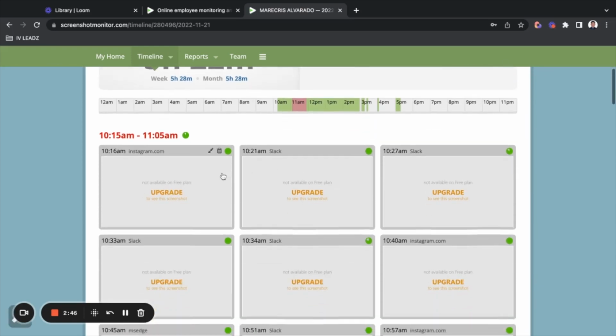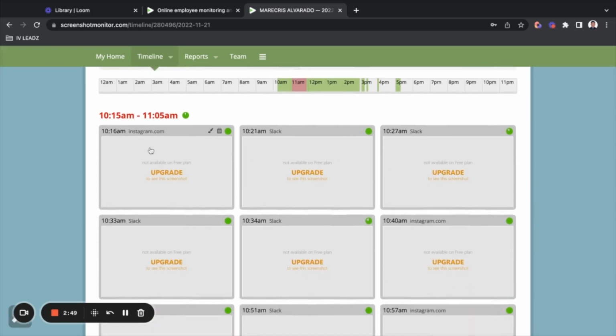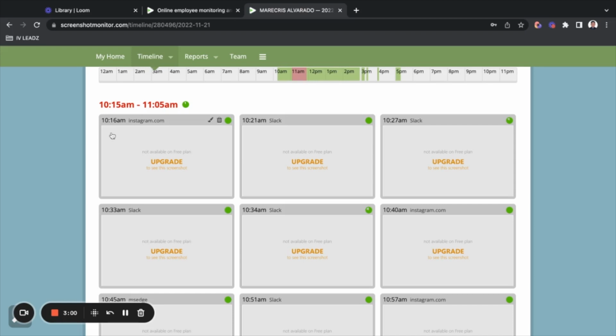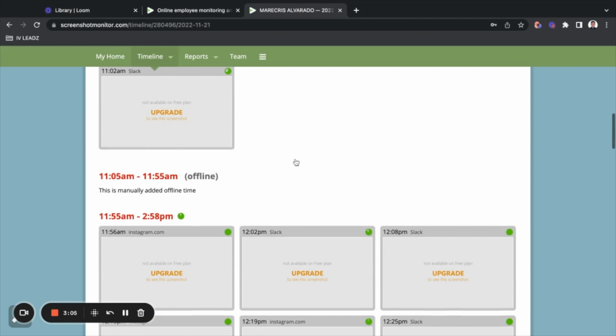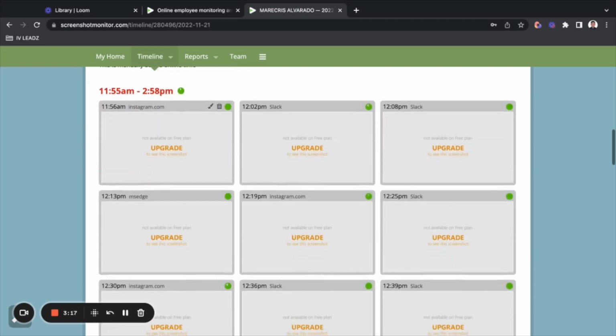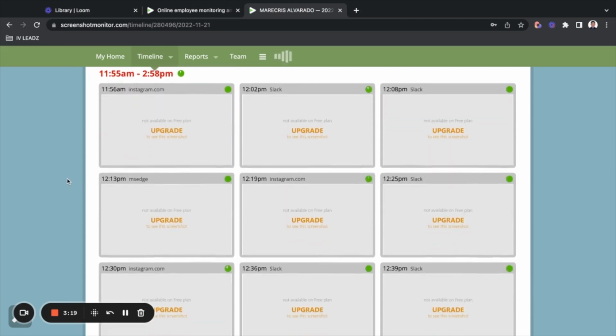And from here you can see exactly the different tools, software, or websites that person is visiting at specific times. So for example, 10:16 Instagram, 10:21 Slack, Instagram, Slack. You can see exactly what they're doing, and even their status, whether they're online or offline. So you can see what is taking place, and you can effectively provide feedback for your team members, but